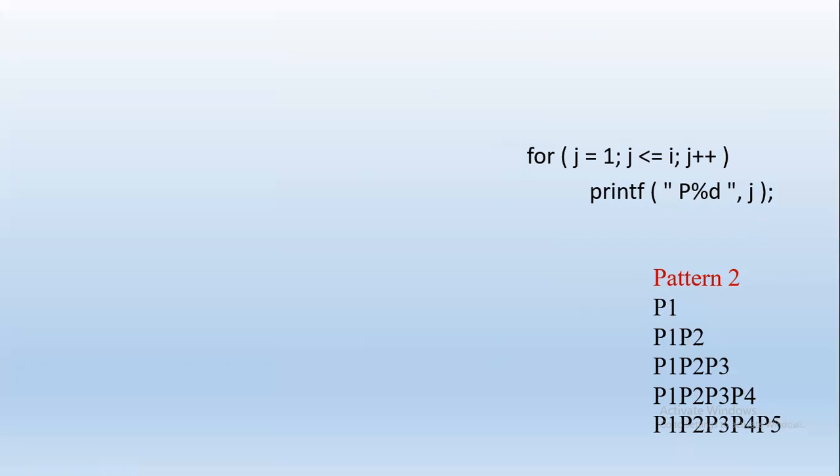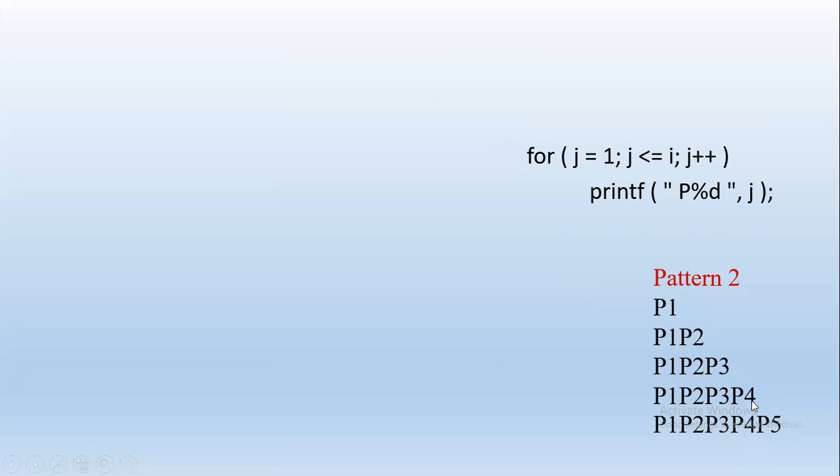So for this, we know there are 5 columns. j will start from 1, and here we are not writing j less than equal to 5, unlike the previous problem. Here we write i. That is because when we observe the first row, row is 1, we have one value. In the second row, P1, P2, there are 2 values. In the third row, there are 3 values, 1, 2, 3, the row number is 3 and j will have values of 1, 2, 3. So 1 and 2 are less than 3, 3 is equal to 3. So j value is less than equal to i.